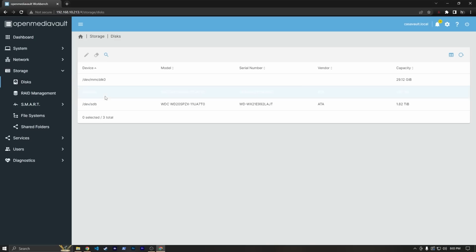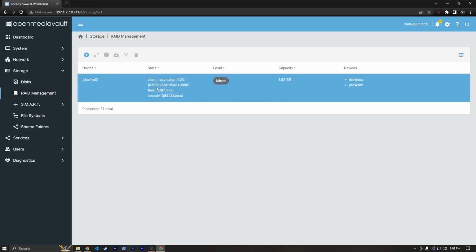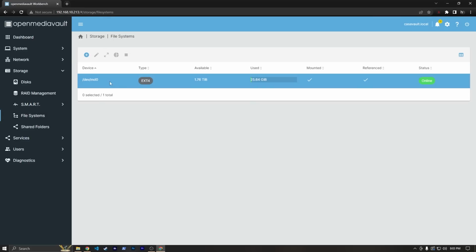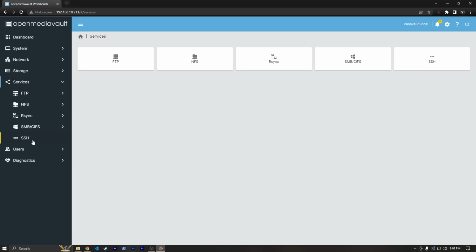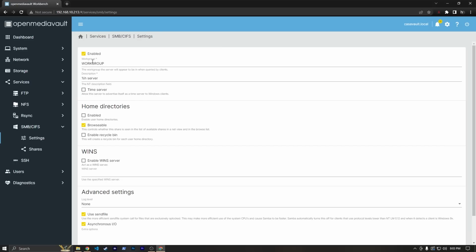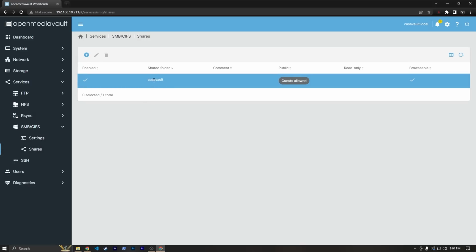All right, so in OpenMediaVault, we have things set up now, I believe. Under disks, we can see our two disks. I wiped them and then set them up in a RAID 1 array. Made sure we had a file system, and then set up a share called CasaVault. And then under services, made sure the SMB service was enabled, and then under shares, set up this CasaVault share,